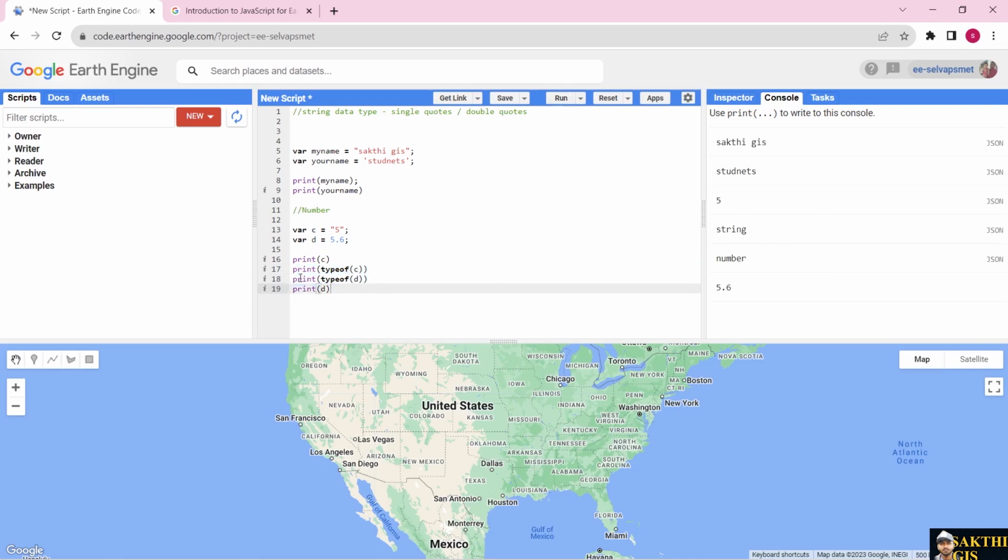See, typeof c shows as a string, because we declared it using double quotes. So if I calculate e equal to c plus d,